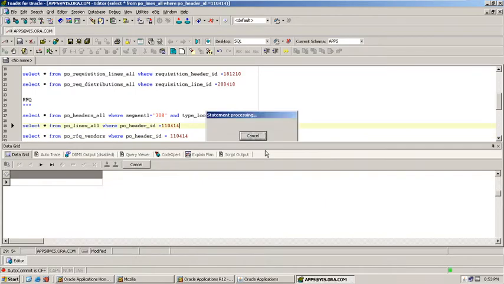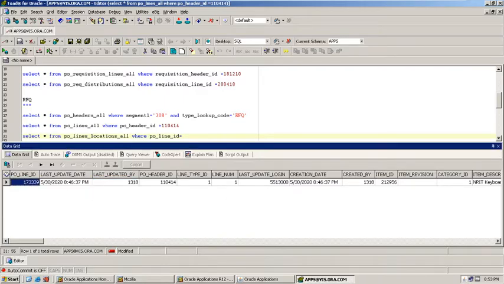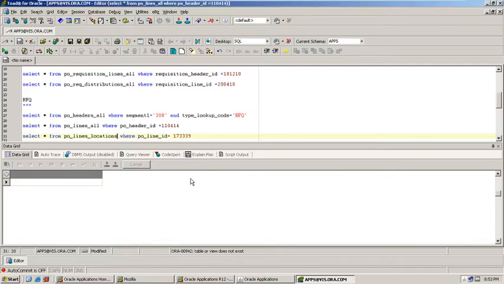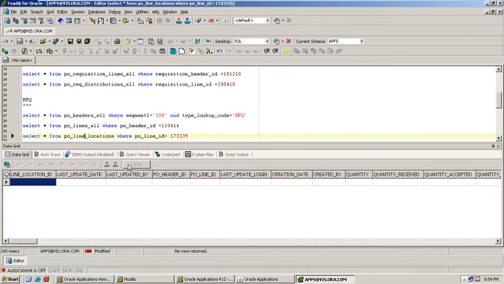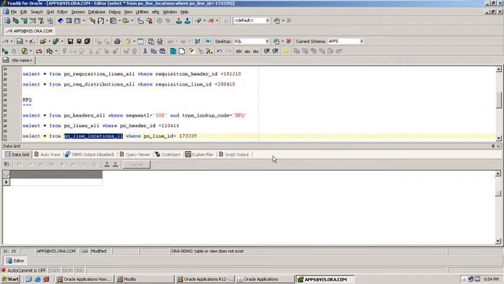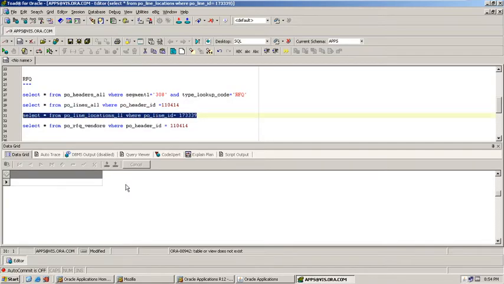Shipment level data will be stored in PO line locations all, where PO line ID equals this one. Okay, we'll do that later.